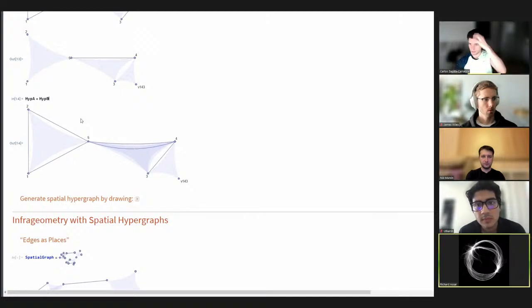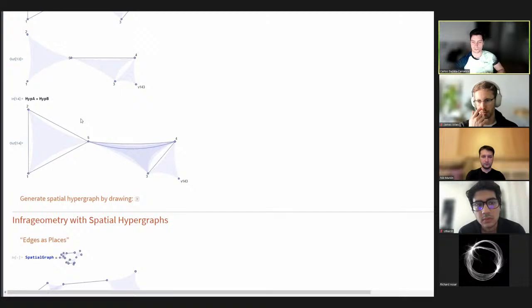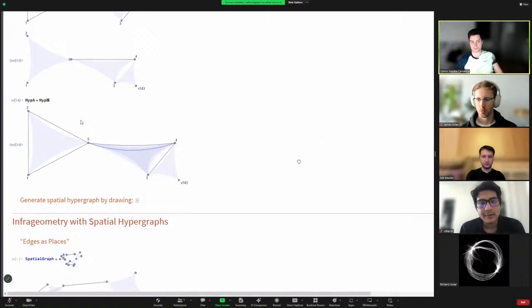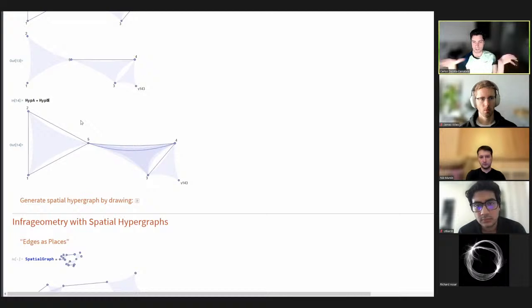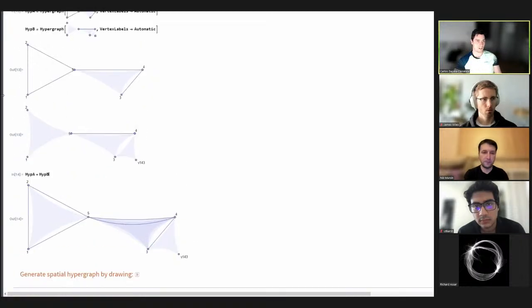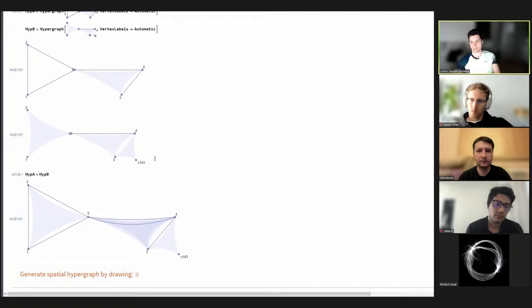So for those of you who weren't in the previous live stream, we just introduced the basics of hypergraphs, and I gave this picture of vertices being like memory slots or memory locations. So if you say that your hypergraph lives on the memory locations 1, 2, 5, 3, 4, exactly with this relational data on it, and your other hypergraph lives on these with this extra memory location here, then the point is that if you express these two simultaneously and you pay attention to both collections of relational data simultaneously,